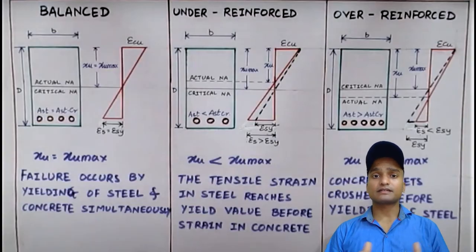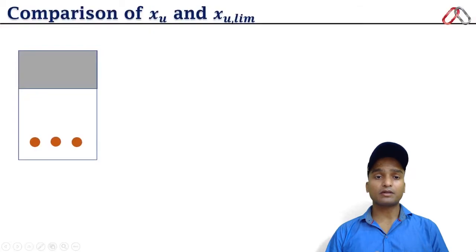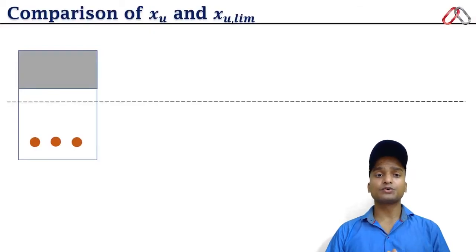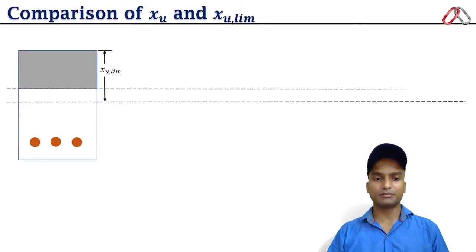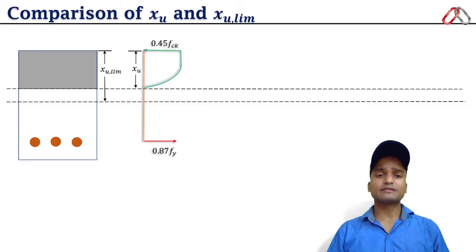So now let us discuss the different types of sections of beam. We are constantly discussing Xu and Xu limiting, so I am going to do a comparison of Xu and Xu limiting. This is the cross section of the beam, and this dotted line represents the maximum depth of neutral axis, Xu limiting. And if in a case we get the actual depth of neutral axis less than the limiting depth of